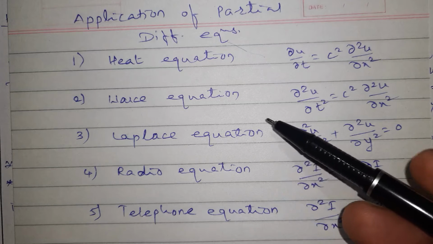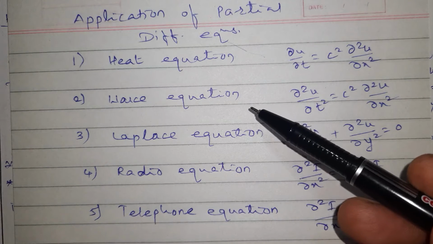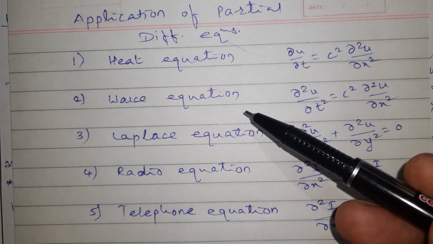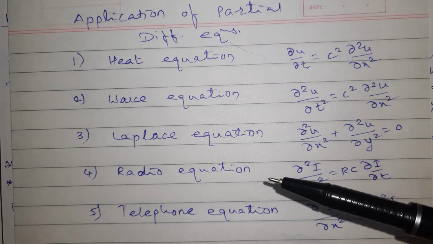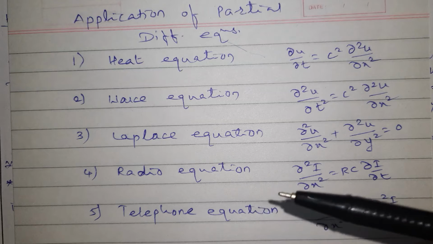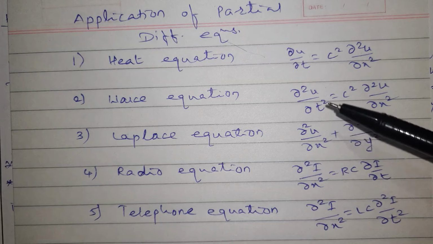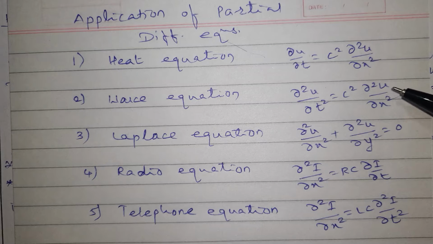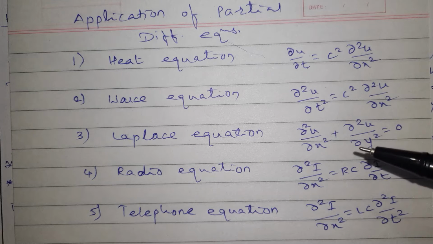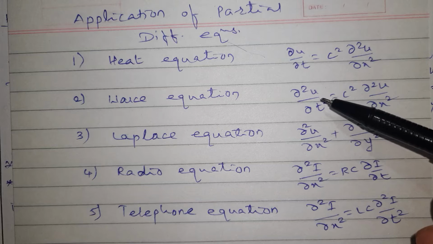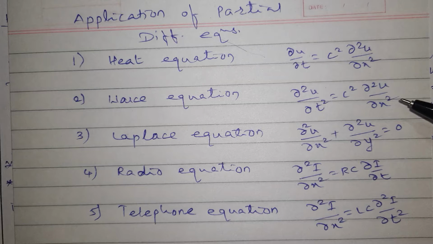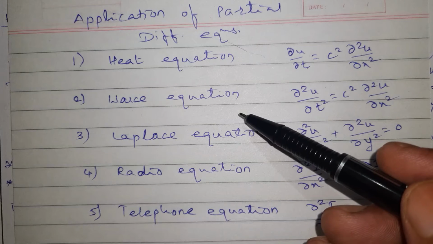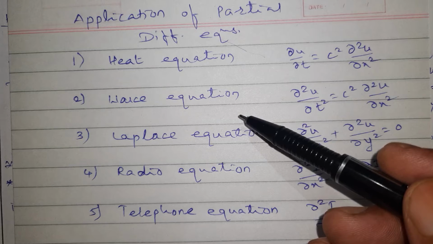The second one is the wave equation. It is related to oscillation, a spring or a string, right? So it is related to that, and here we need dou 2u by dou t square is equal to c square dou 2u by dou x square. Again here my u is a function of two variables, distance and time. So it is again called the one dimensional wave equation.